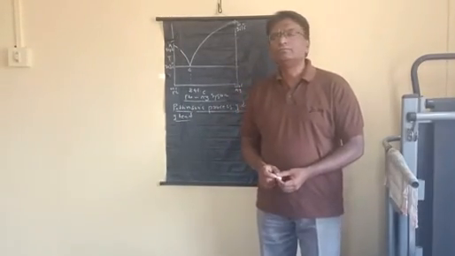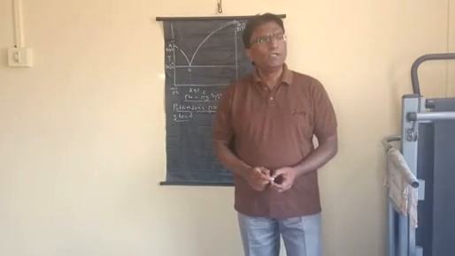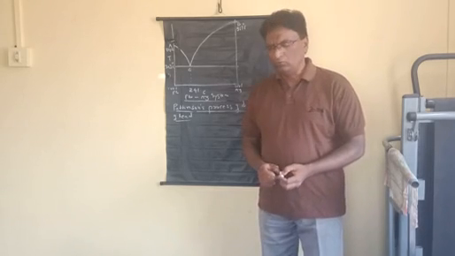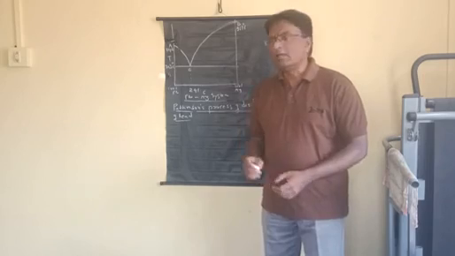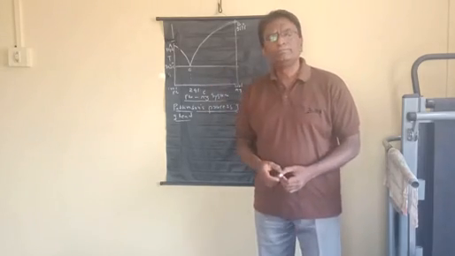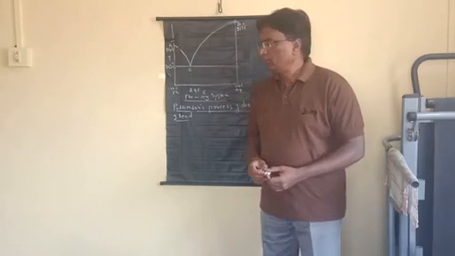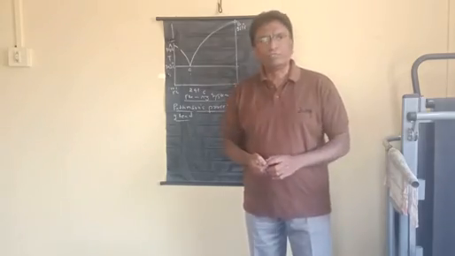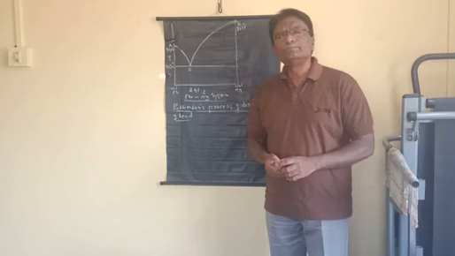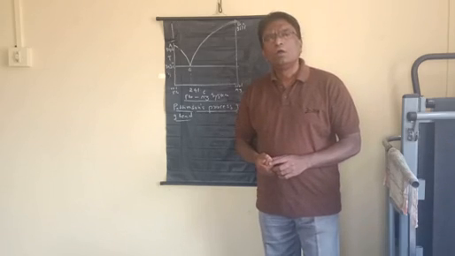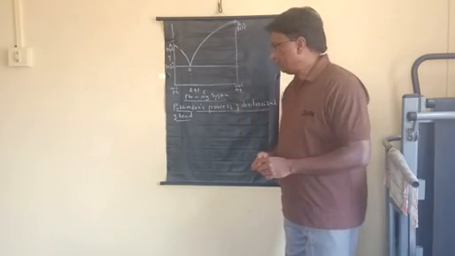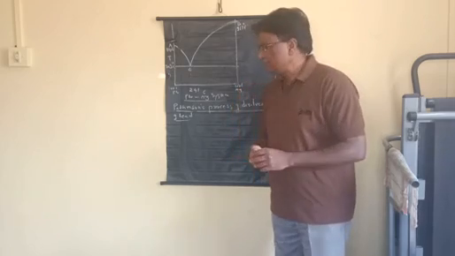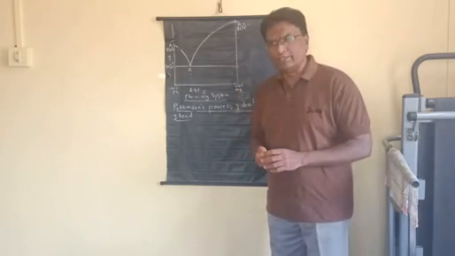In the last video, we have seen the lead silver system. Now, the phase diagram of this lead silver system has a great significance in the Pattinson's process of desilverization of lead. Here, the main ore of the silver is argentiferous lead.